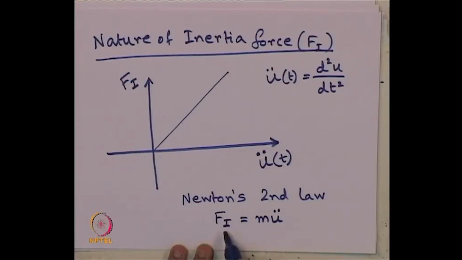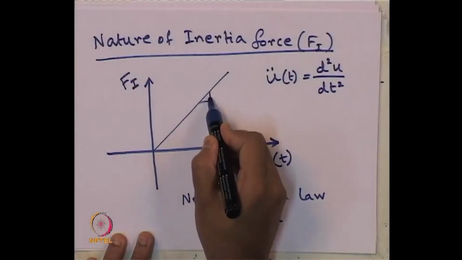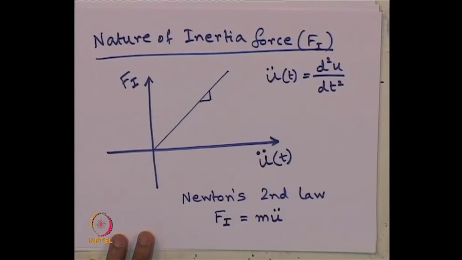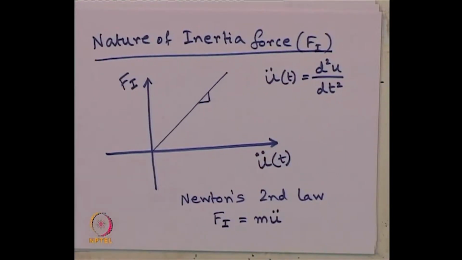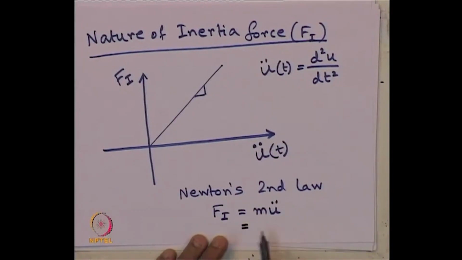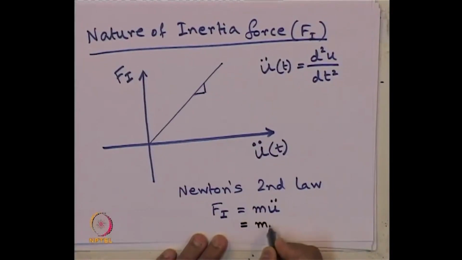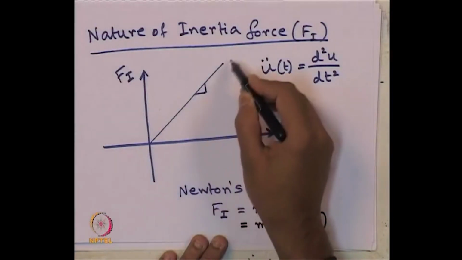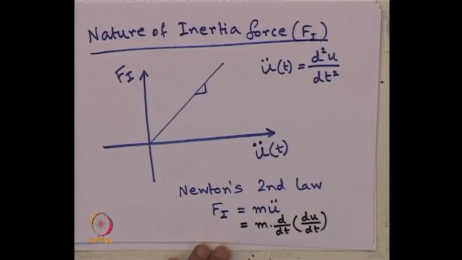And in this case, the slope of this graph is nothing but the mass, and this variation is true only when, if we rewrite it in a different way, actually it is coming from m d of dt, then d of u by d of t. So, if mass remains constant, then only this is constant and this behavior is linear. So, this model or this equation is correct for